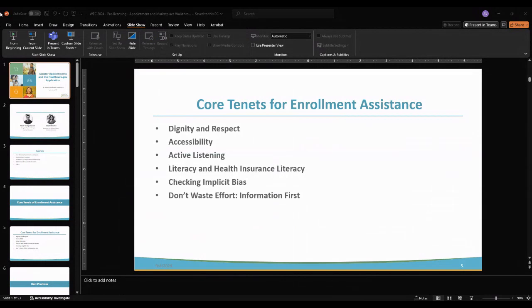So treating everybody the same, or maybe even better than that, equitably, right? Meeting people where they're at, giving them what they need, letting them speak and hearing their story, letting them be who they are so they can be comfortable in that appointment. And we'll talk a little bit about the rapport that enrollment assisters develop with consumers in a little bit here. But really just acknowledging everybody as a human being